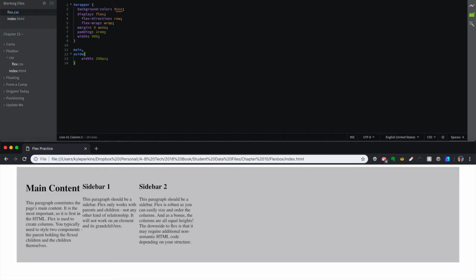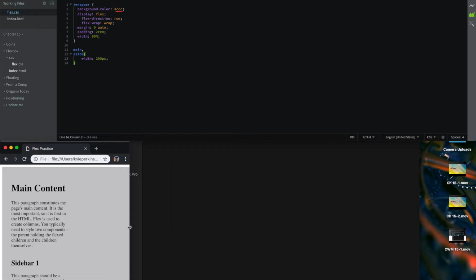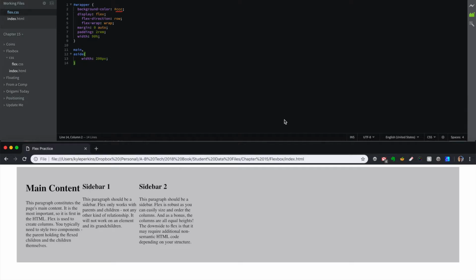Okay, once the browser window reaches a certain width, the 3 columns no longer fit side by side. Instead of narrowing as they have a fixed width, the rightmost column, sidebar 2, moves down to the next line. As the window narrows even more, sidebar 1 bumps down as well. So maximize Chrome, return to Brackets and edit the value of flex wrap declaration to